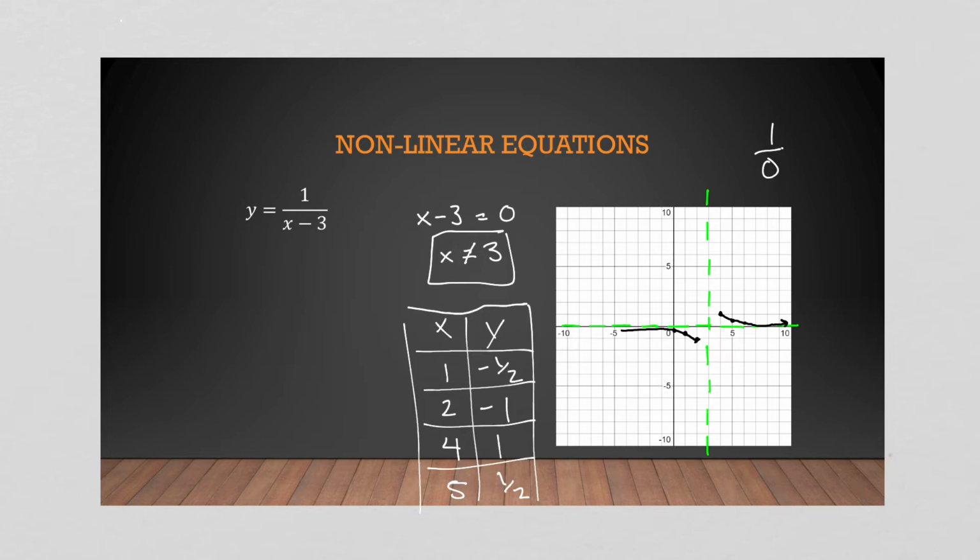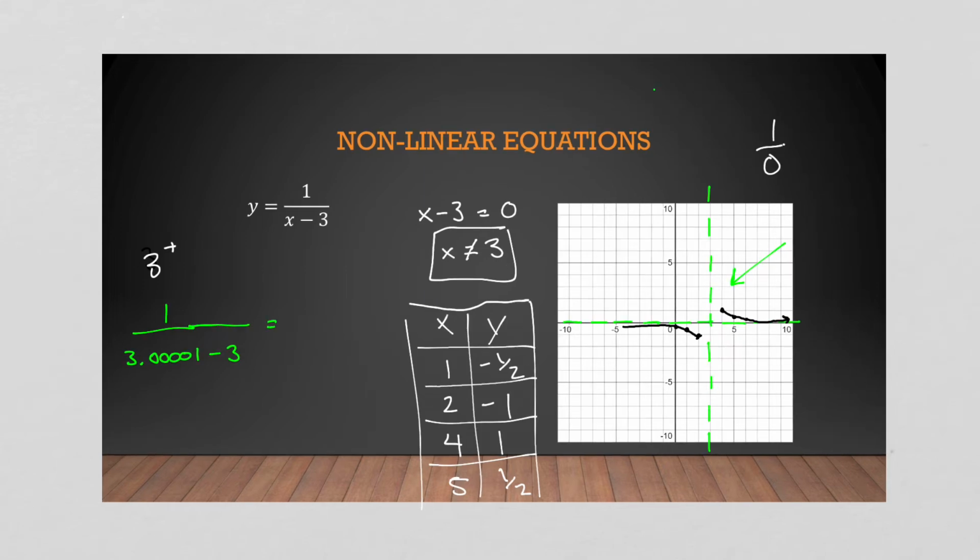So we'll use an example. They say that 3 plus means getting infinitely close to 3 from the positive, so from this side. So that means we have something like 1 over 3.00001 minus 3. So you can see my x value is now getting infinitely close to that point where it is not allowed to exist. And what do we get? We get 1 over